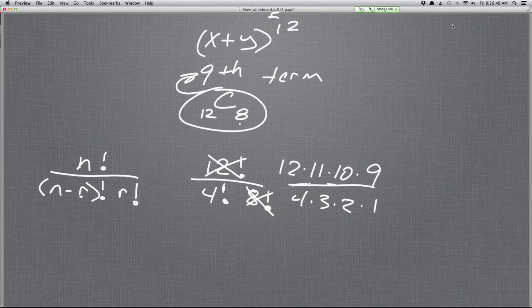So I go to my calculator. I'm going to do parentheses 12 times 11 times 10 times 9, and then divided by parentheses 4 times 3 times 2. And that gives me a coefficient of